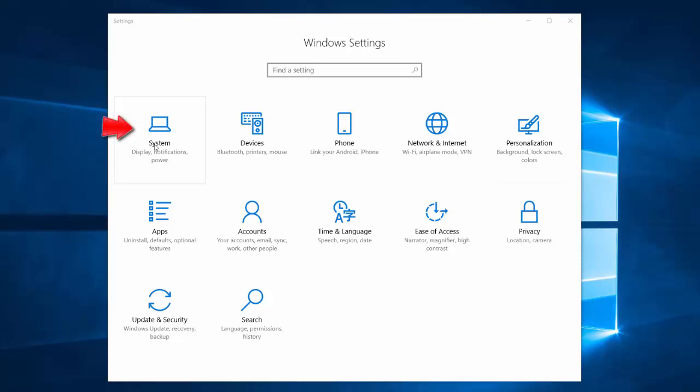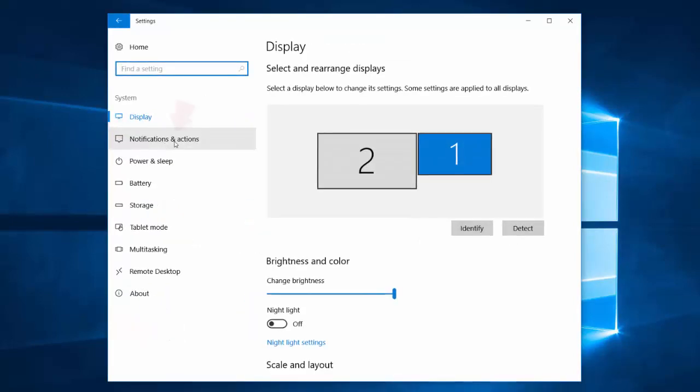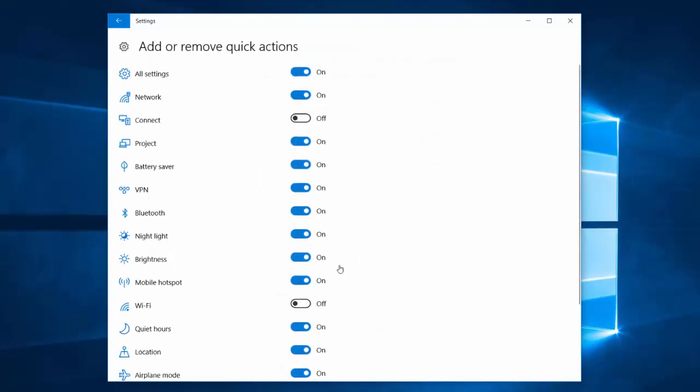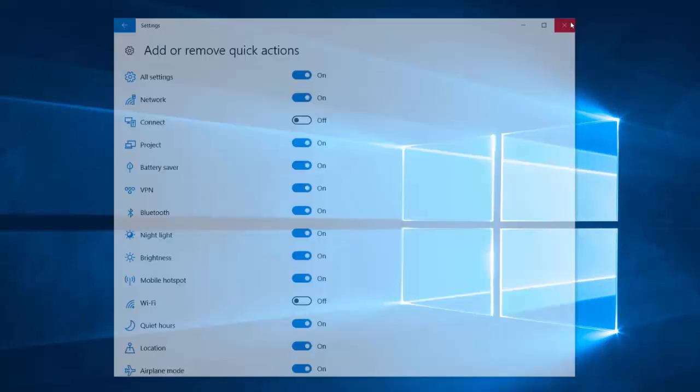You'll want to select System, and then Notifications and Actions. From here, select Add or Remove Quick Actions to get to a list of settings that can be added to your quick settings. Toggle any that you would like to access into the On position, and any that need removing into the Off position. And we'll close that window here.